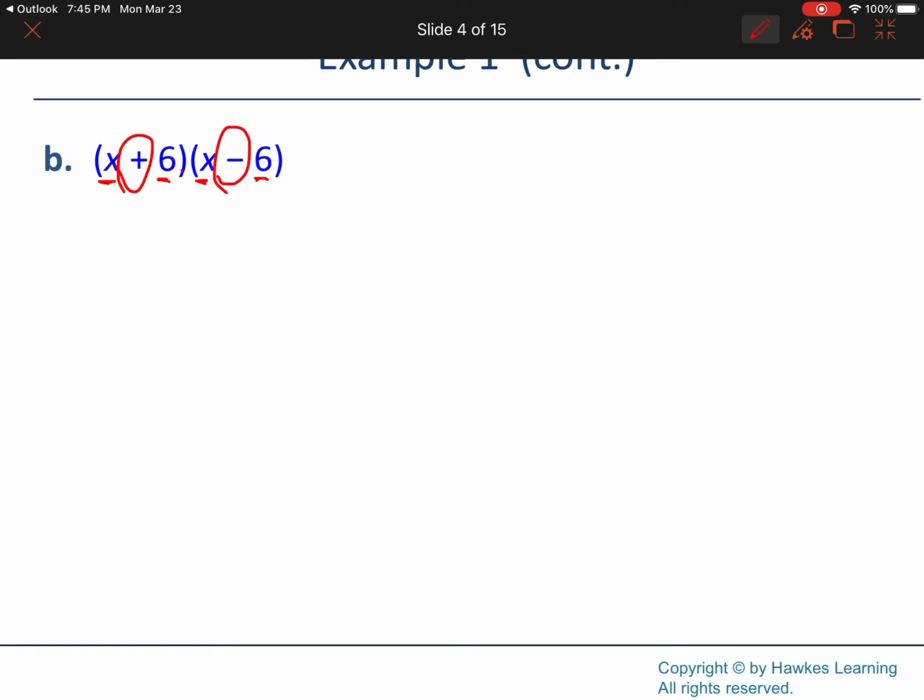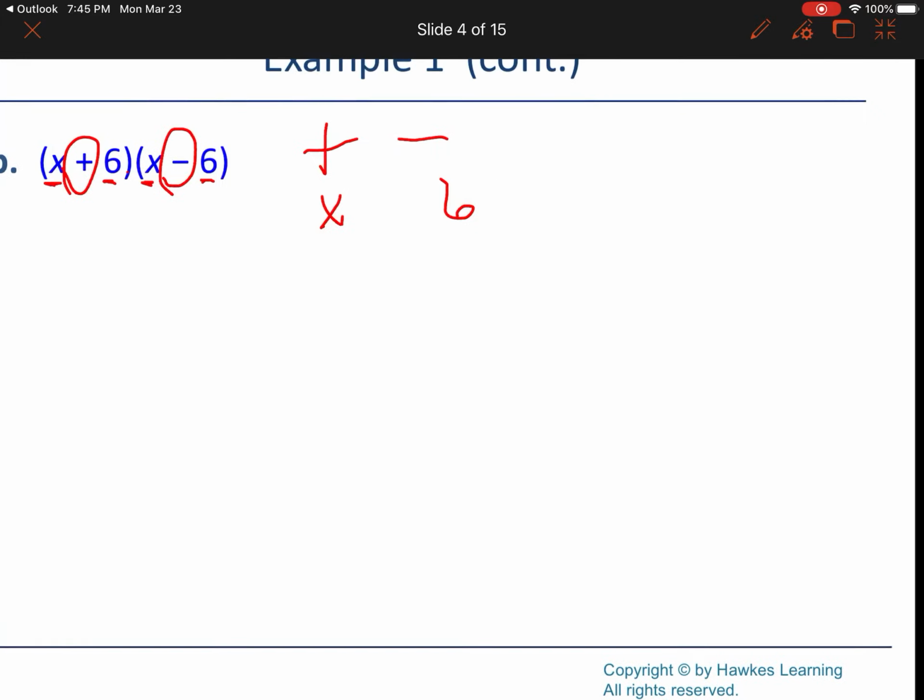So we call this a sum. That's for the plus, right? A sum and difference. That's what we refer to this as, because they're the same numbers. There's the x and there's the 6. So we either do x plus 6 or do x minus 6. That would be a sum and a difference. All right, when we multiplied them together, hopefully you found